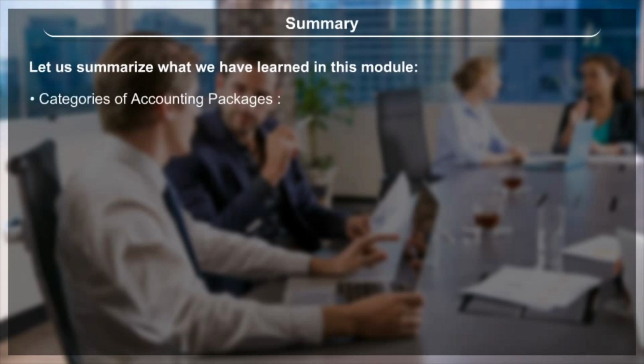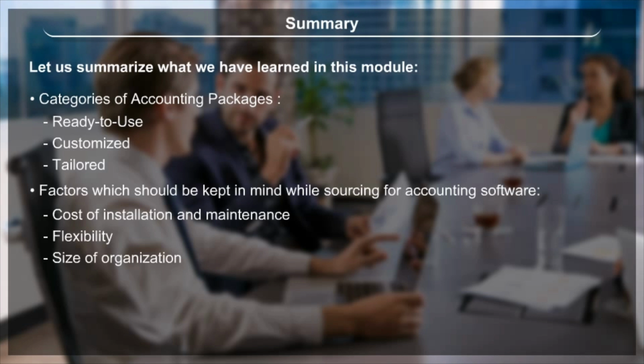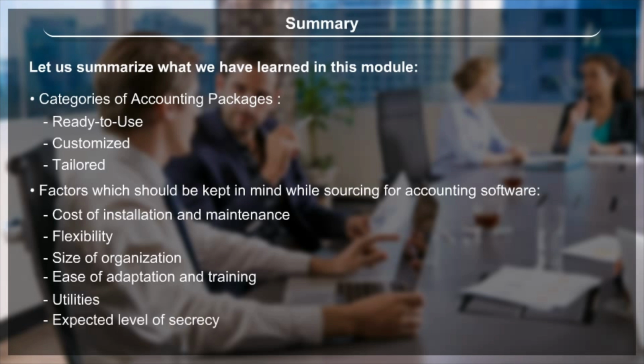Categories of accounting packages: ready to use, customized, tailored. Factors which should be kept in mind while sourcing for accounting software: cost of installation and maintenance, flexibility, size of organization, ease of adaptation and training, utilities, expected level of secrecy, exporting